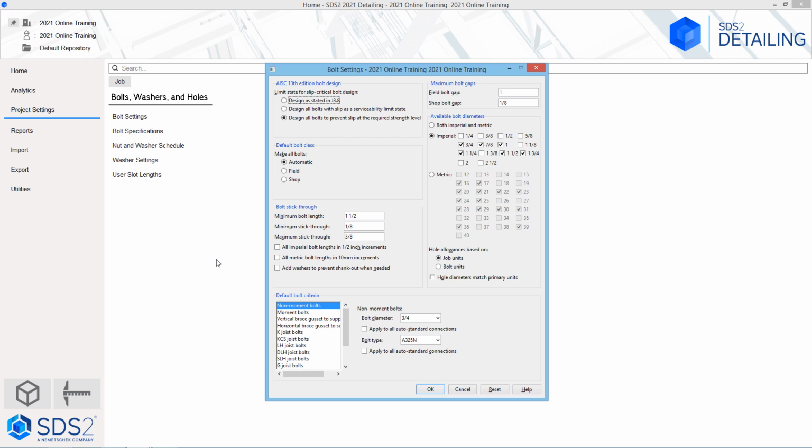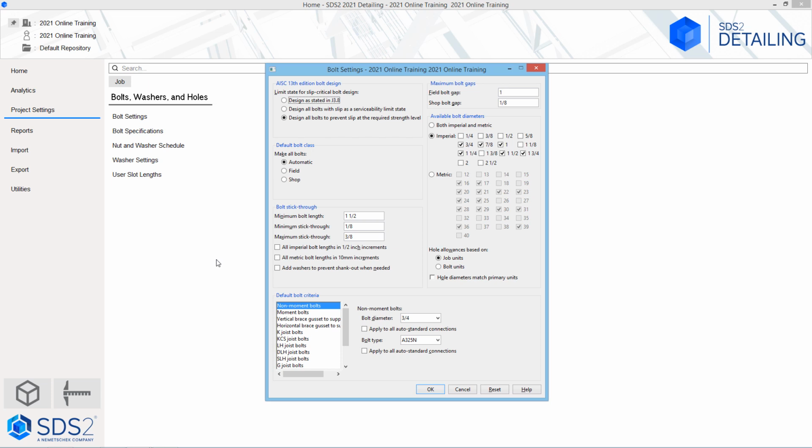The default bolt size that is called out here is going to affect how our details are shown. Our non-standard hole sizes, so anything that is not a 13/16 hole because of the oversize here, will be called out. So if we wanted to see every single hole size, we could come in here and put like our default at 1/4 inch or something similar,